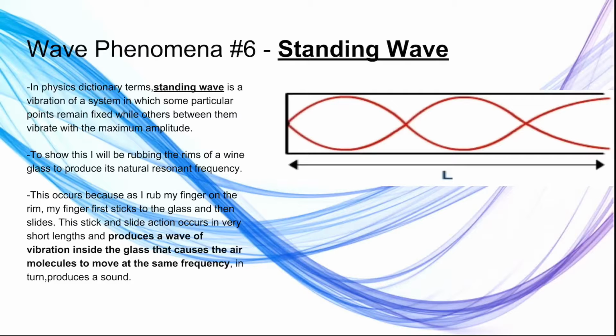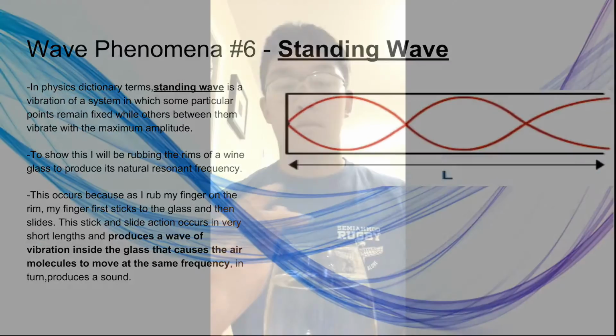To show this, I will be rubbing the rim of one glass to produce its natural resonant frequency. This occurs because as I rub my finger on the rim, my finger first sticks to the glass and then slides. This stick and slide action occurs over a very short length and produces a wave of vibration inside the glass that causes the air molecules to move at the same frequency. In turn, produces